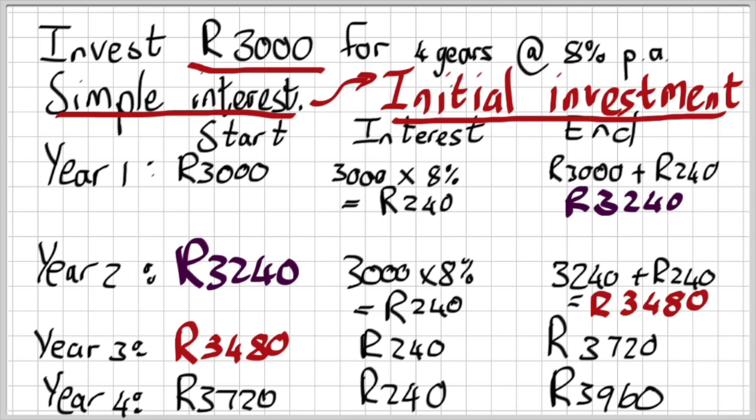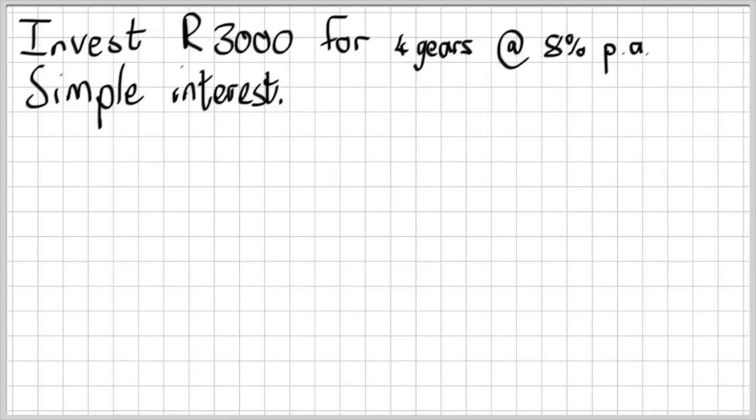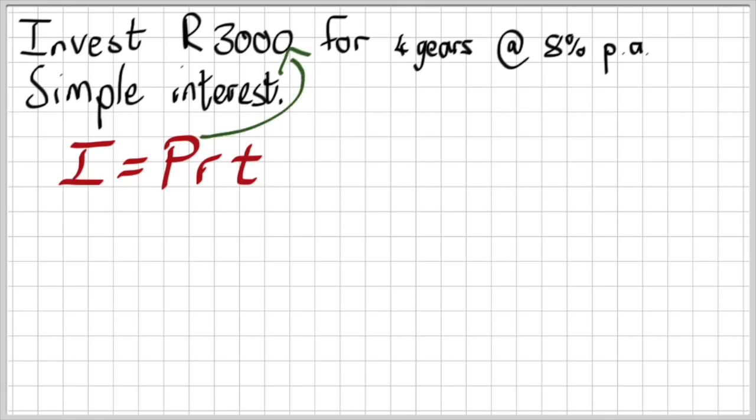But I know, ladies and gentlemen, that there are formulas. So let's run through these formulas. Taking the investment of 3,000 rand. A lot of you will see this formula. I is equal to P times R times T. Where this comes from, and I'm going to talk you through as I substitute in. The P value is your starting investment. Always, P is what we call the principal amount, okay? The principal.